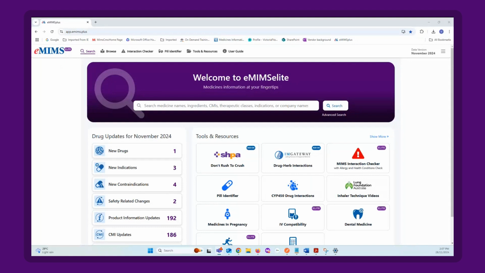So today we're going to go through the eMIMSelite platform. Hopefully you guys will be familiar with MIMS and what we provide. You may have used our older digital products, eMIMS Cloud or MIMS Online, in the past. eMIMSelite is the latest iteration of these products, and it's really just a way for healthcare professionals in Australia to access information around drugs and medicines in a